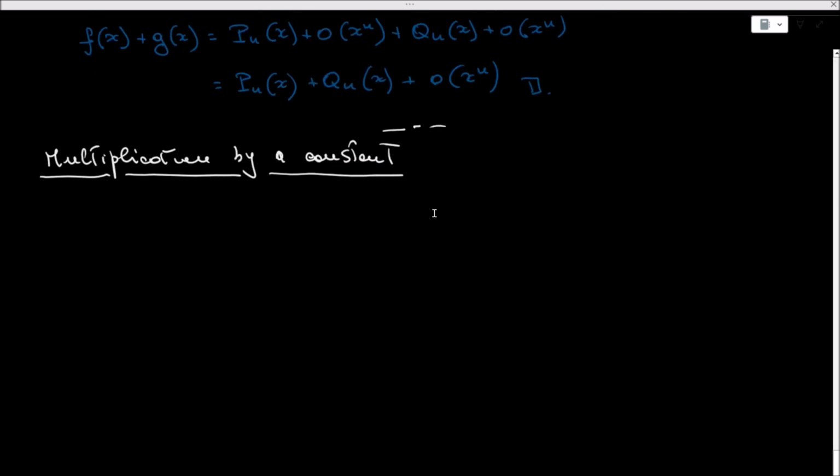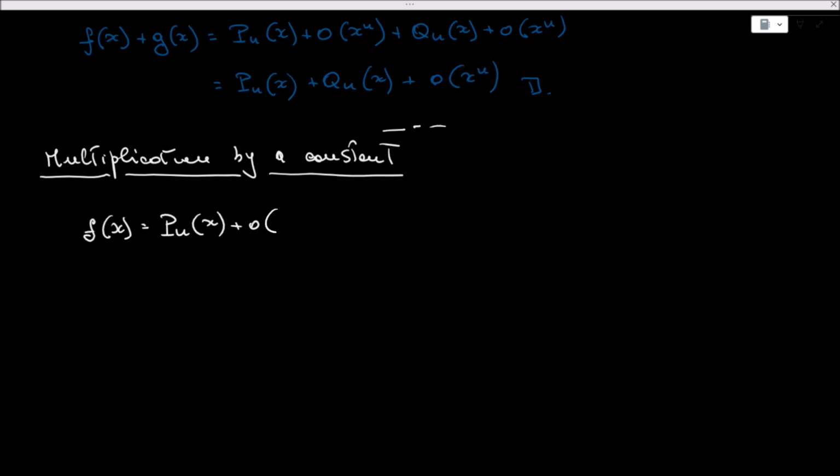So let's say that we have f of x given by Pn of x plus little o of x to the n, and we have a, which is any real number, and of course let's exclude the 0 just because otherwise it will become trivial. We want to prove that